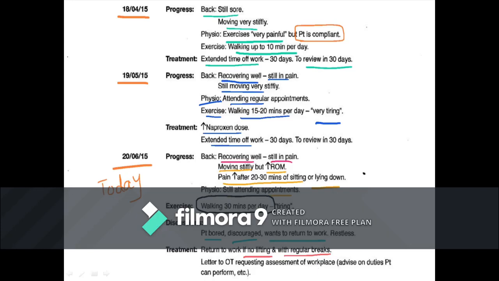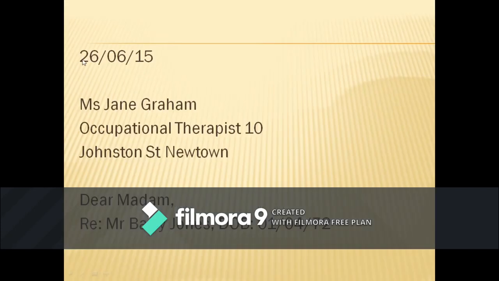He will visit, or she will visit, the workplace and will assess, and will mention the duties which the patient can perform. So okay, keeping all the information in mind, now we will write the letter. So let's move. So this is the address, we have written the date, then this is the address of the occupational therapist. Then we have written dear madam,